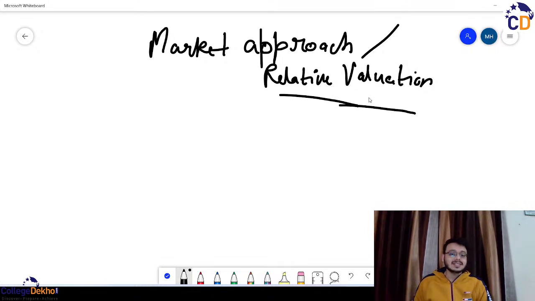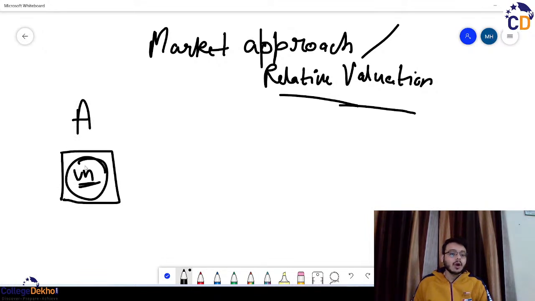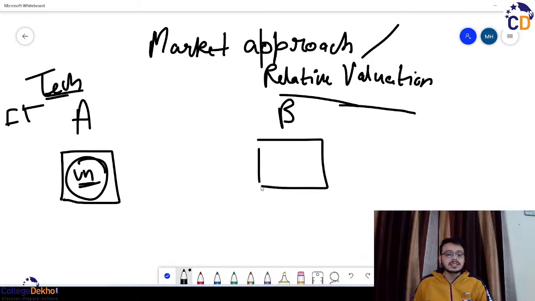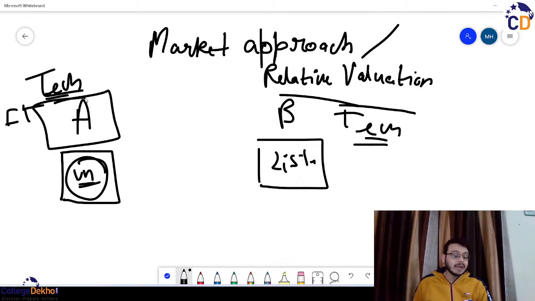Okay. So, what exactly do we mean by the market approach or the approach of relative valuation? When we talk about relative valuation, it basically means we are trying to compare two companies. So, for example, we have company A here. This company A is an unlisted company, and it is a tech company, or in short, an IT company. Whereas you have a company B, which is listed in the stock market, and again, it's a tech company. Now, if company A wants to project its future, or wants to get itself valued before listing as an IPO,